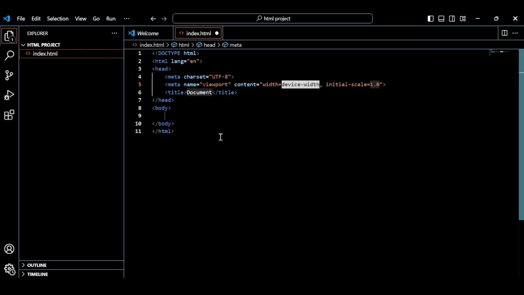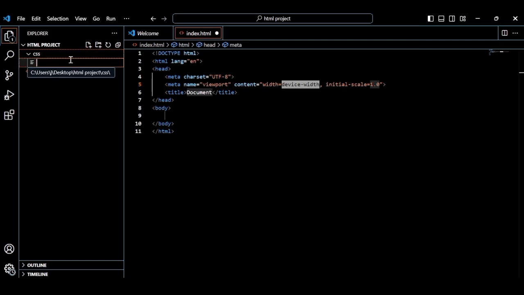Then if you choose to create a CSS file, you're going to come to your left hand panel and go to the second icon, click on it. Then we're going to name it CSS, all in lowercase. Click enter. Then go inside the CSS folder, the small arrow, click on it so that we create our file inside the